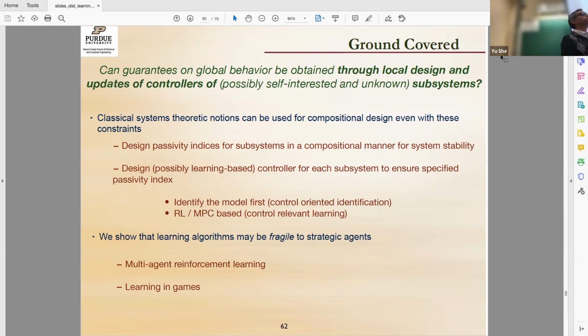Any questions? So yeah, I have a question. About the last part of your talk, is it possible for one of the players to identify that the opponent is not going to play fictitious play as they keep playing the game?